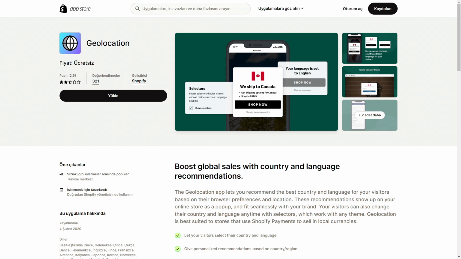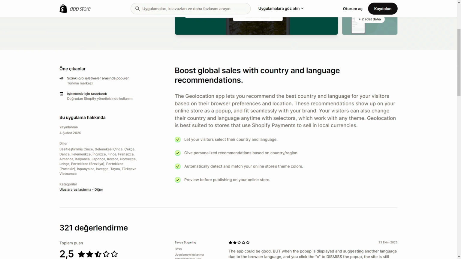So if you're just a beginner, this app is perfect for you because you might have a great product, but if you give it to the wrong people and advertise it to the wrong population, it might not work out that great. So yes, with this you will be able to let your visitors select their country and their language, so it will be perfect. It will give them personalized recommendations,